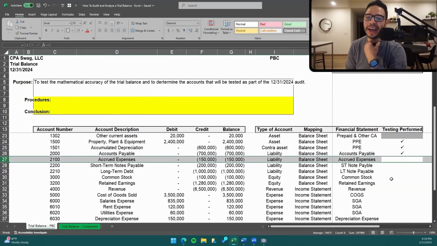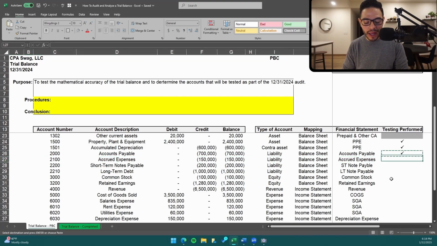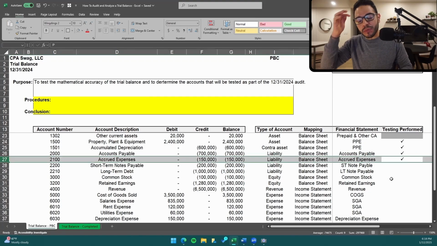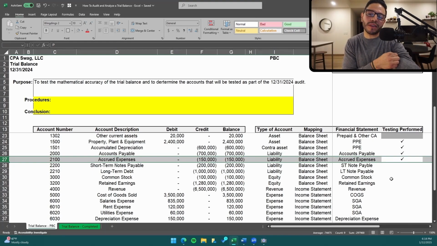This is interesting. I would probably say yes, but I would caveat it with, during a planning meeting, you would determine, hey, maybe we do some very light procedures over this, or maybe we subject it to a low level analytic or something along those lines. But I'm going to say yes. Let's perform some procedures over it. Again, the risk is usually understatement. You can probably get away with testing accrued expenses very light, especially since it's not material,